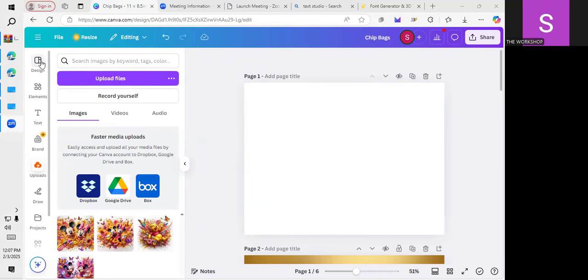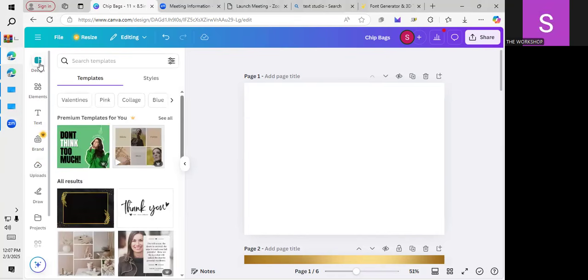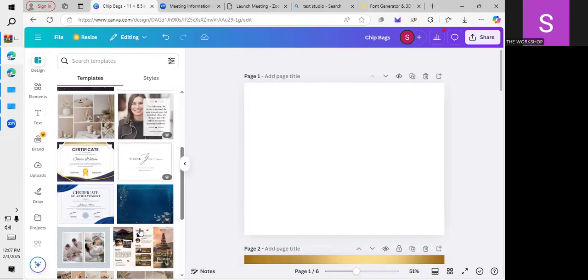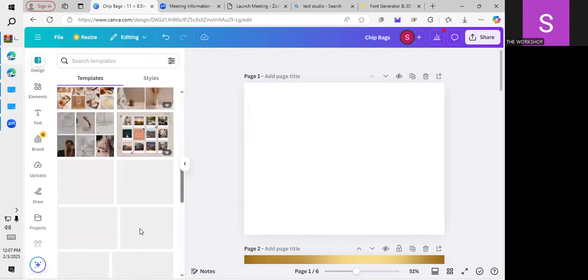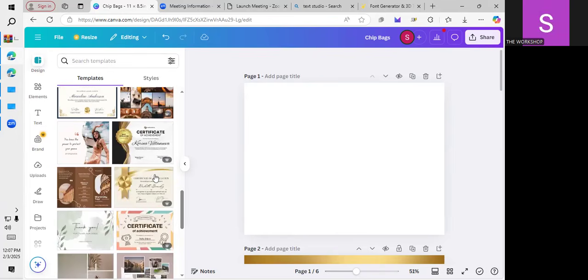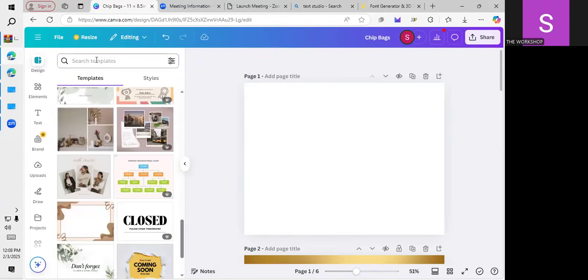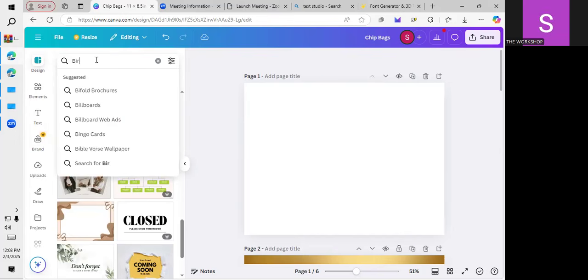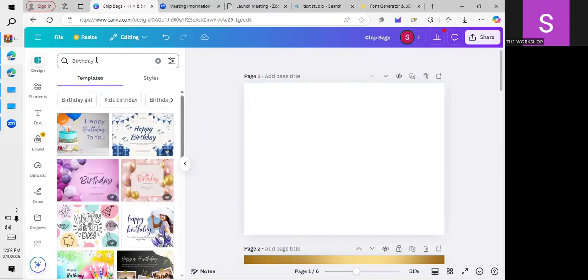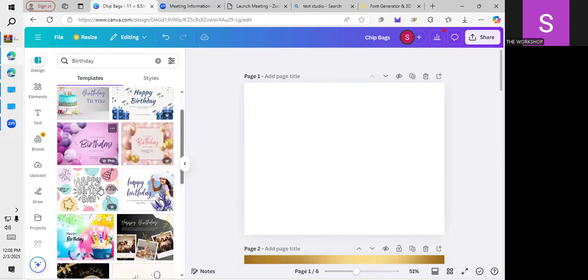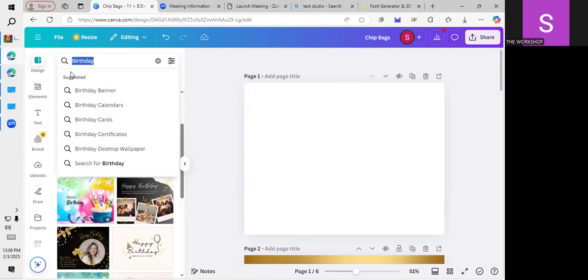So briefly, I want to give you a walkthrough to look around up in here. Here in Design, these are little pre-made templates that they have already for you. If you type in different things of what you're looking for, it will pop up here. So if you're looking for birthday things, you can just type birthday at the top and different birthday items will pop up. If you're looking for chip bag